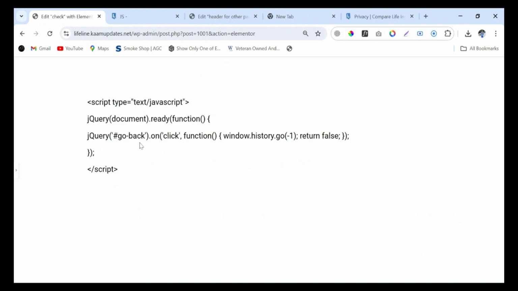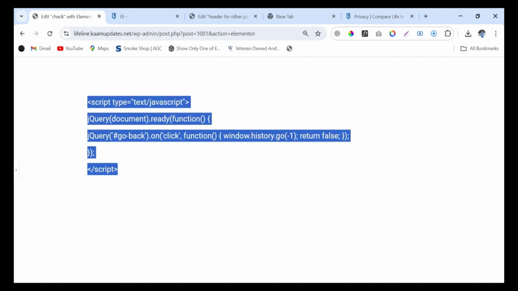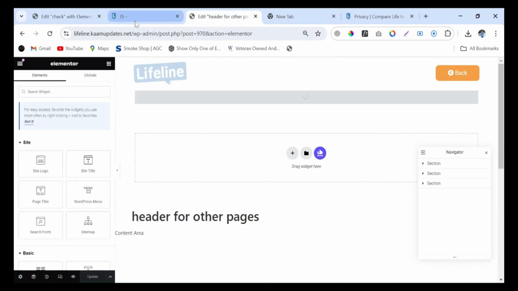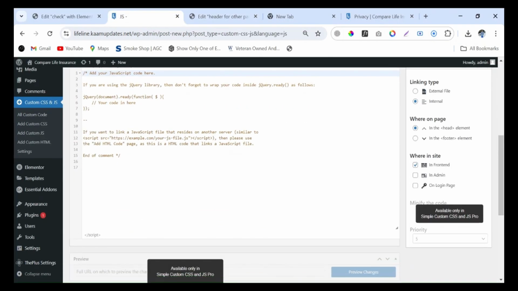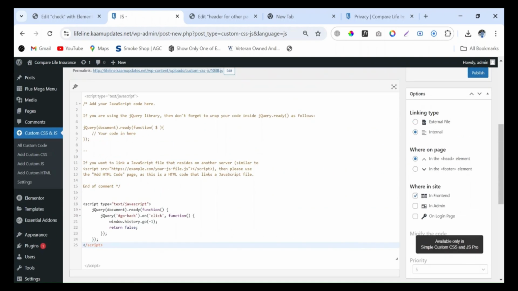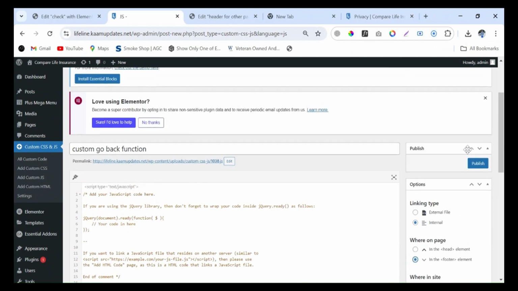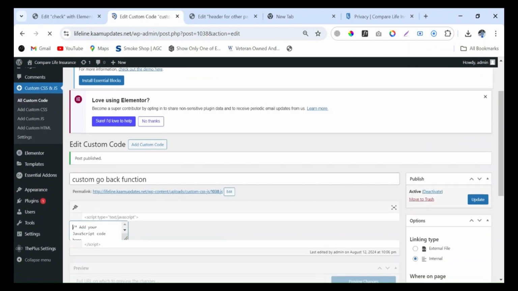So I will copy paste this code and then come here and simply paste it at the end of the script. Then select the option footer and publish it.